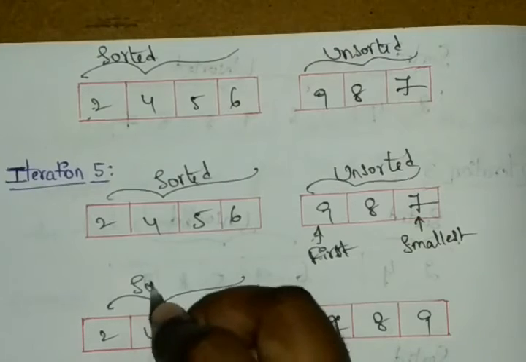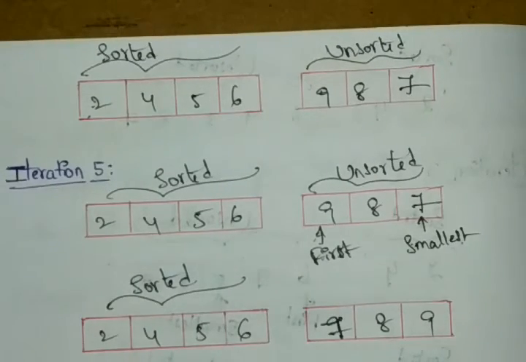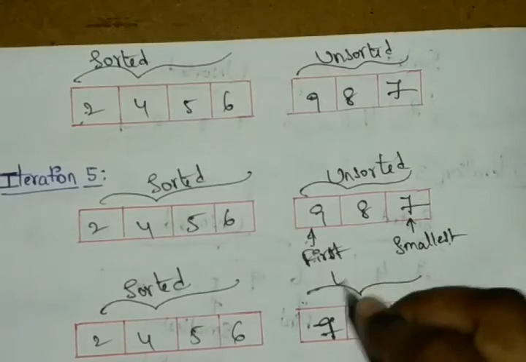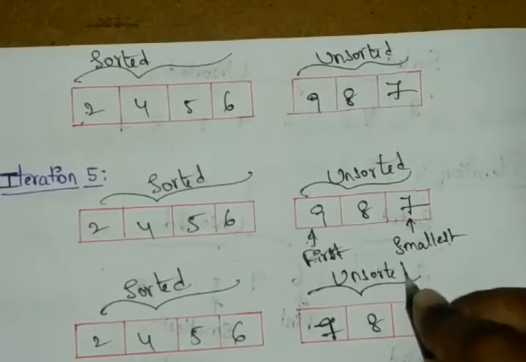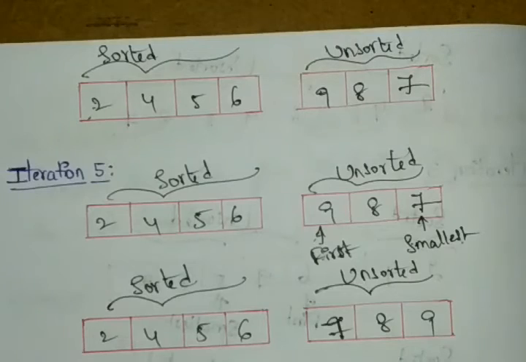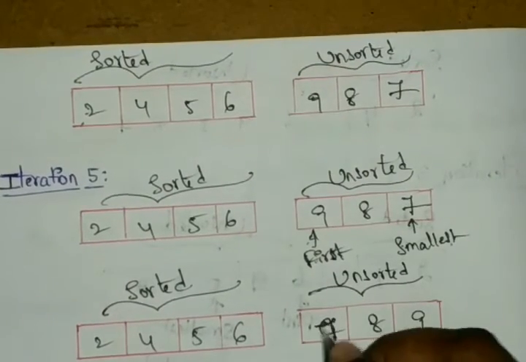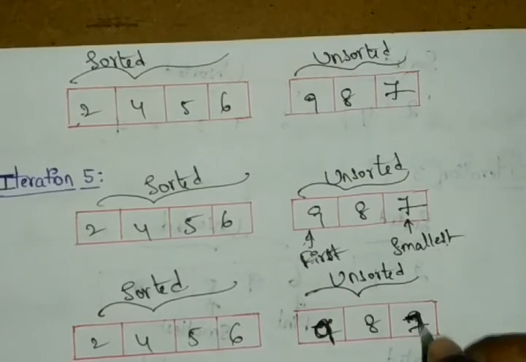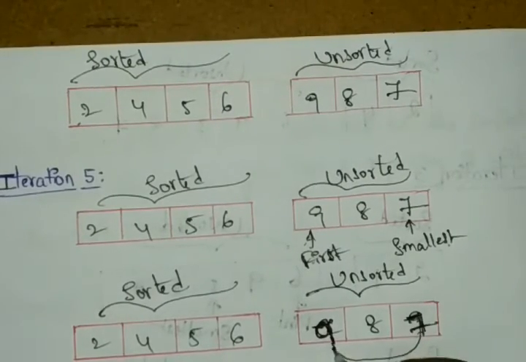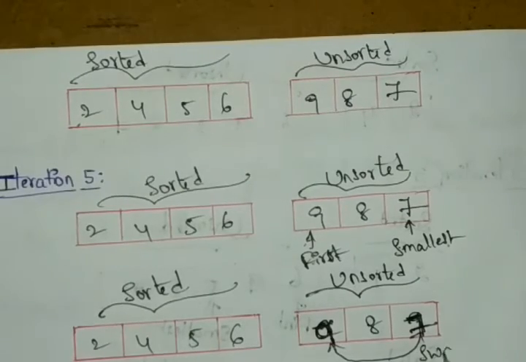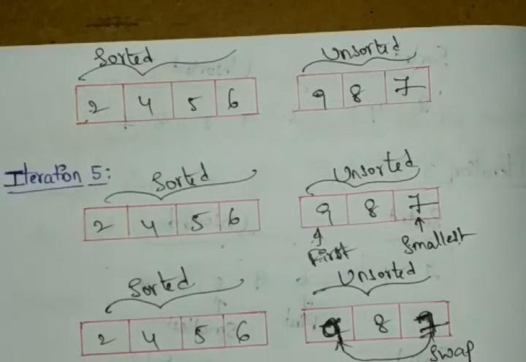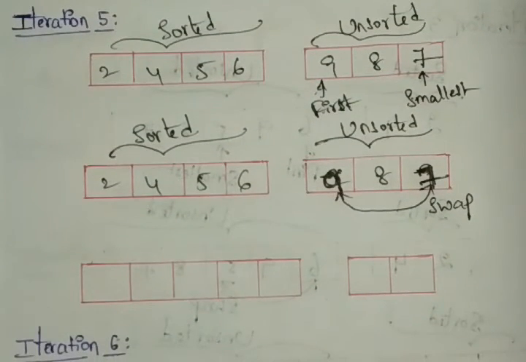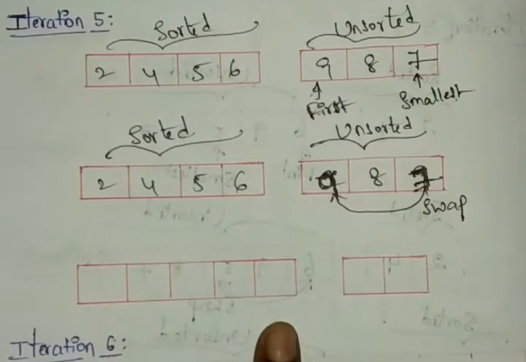So these are our sorted. And next these are our unsorted. So directly I'm doing the swapping. Or else if we need, we can do the process like this only. 9 and the 7, these two. And here we are doing the swapping for these. 7 will come to the 9th position and the 9 will come to the 7th position. After that directly 7 will move to here.